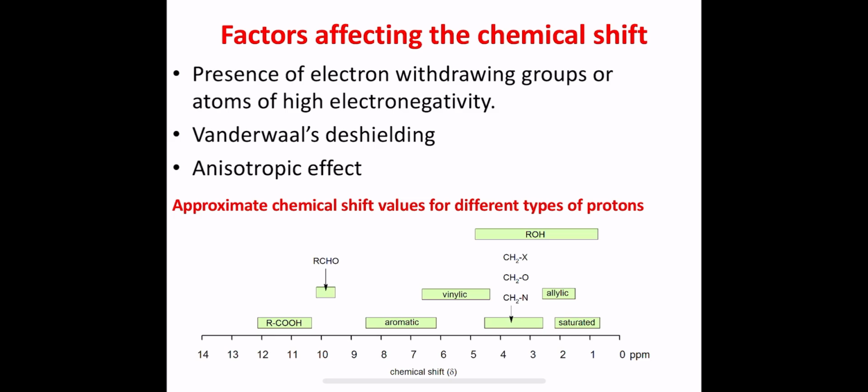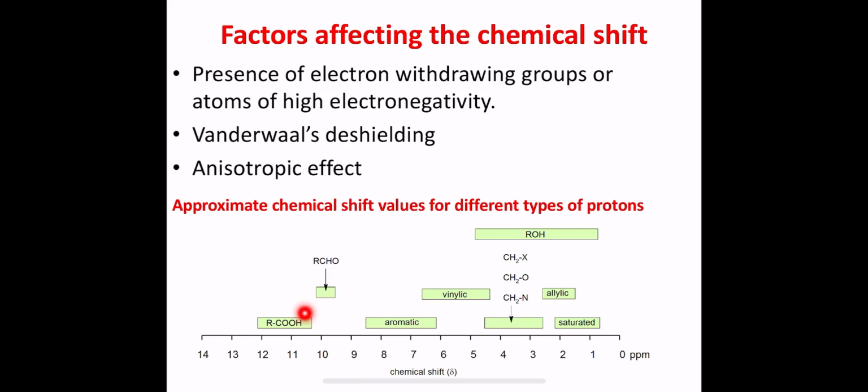So let me start from the lower frequency. From the lower frequency towards the higher frequency region, in between 0 to 1.5 ppm, we are going to get saturated compounds, and in between 2 to 3.5 ppm, that is, ppm is the delta value I am expressing, alkyne protons are observed, and in between 3 to 5 ppm we are going to get alcohol protons, and in between 5 to 6.5 alkene protons are observed, and in between 6.5 or 6 to 8 aromatic protons, like benzene derived organic compounds, are observed,